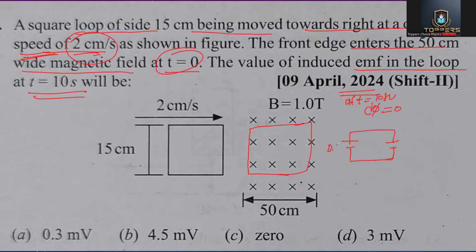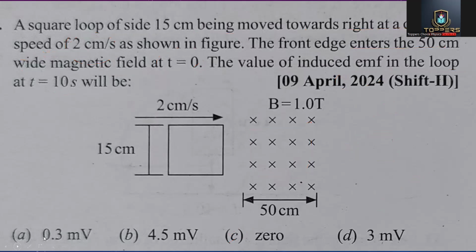What will be there? BLV, BLV, right? So E is equal to d phi over dt, that will be 0 only. So what will be the EMF? E is equal to 0. So this is a very easy question they have asked in JEE-Mains 2024. Correct? Next, we are moving to the next one, an important question,